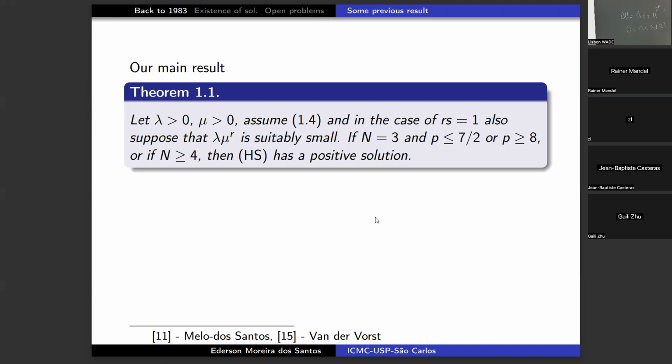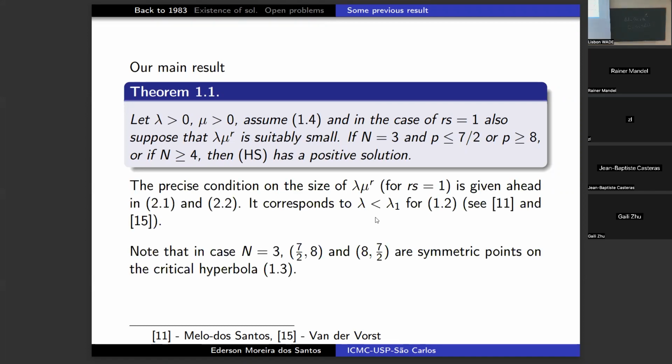I want to say something about this result before going to details. I'll show you the precise condition on the size of this product in the case of r times s equals 1. And as I said, it corresponds to this condition for the Brezis-Nirenberg problem. Regarding the case n equals 3,